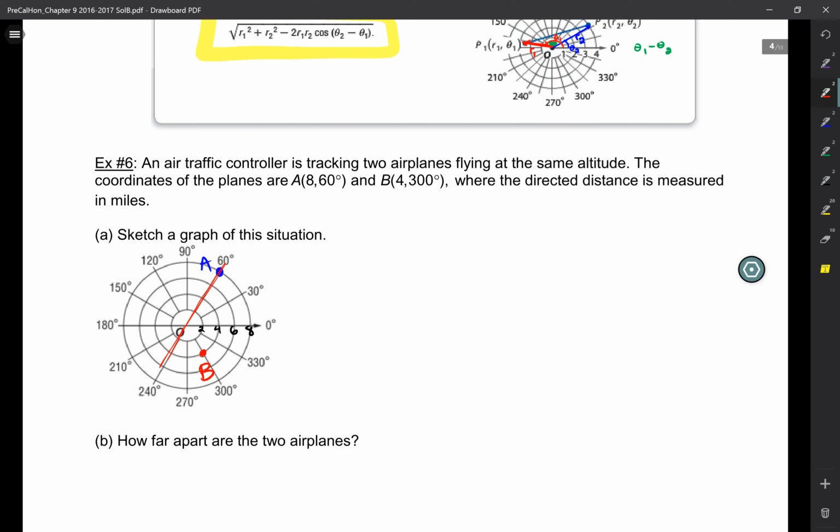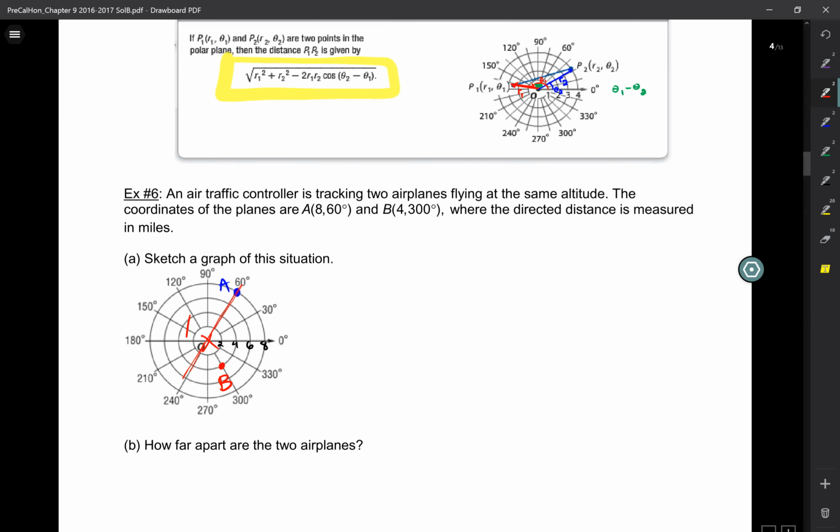If the aliens are coming or if the battleship is coming, you're here at the center. And if the battleship is coming and it's sweeping, first you see the plane there, and then it sweeps again and you see it there. And then it sweeps again and you see it there. So basically what's happening? The radius is getting smaller, so the plane is getting close to you. All right? Or, right, like if they're coming directly at you, this is where you are. It sweeps